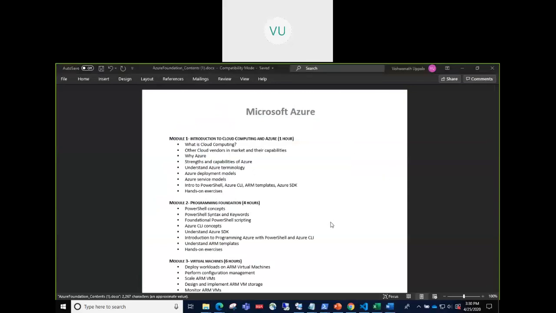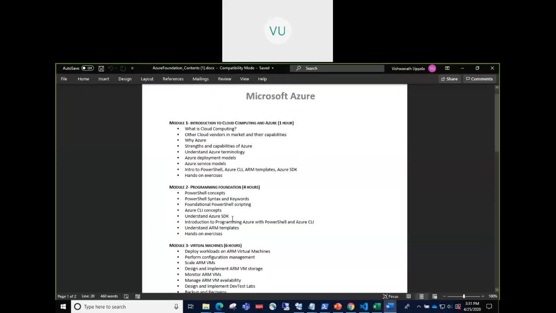So what I will do is, instead of spending time in Azure SDKs, in the next session I will give you a brief overview. We will spend most of our time in ARM templates only. So next session we will go through editing of ARM templates. We'll edit a template. We will then generalize it and then deploy that template.